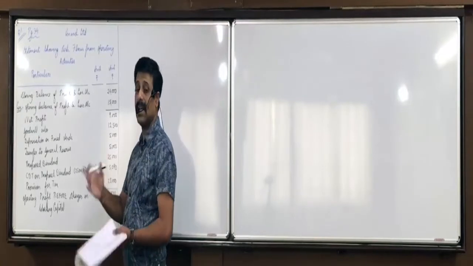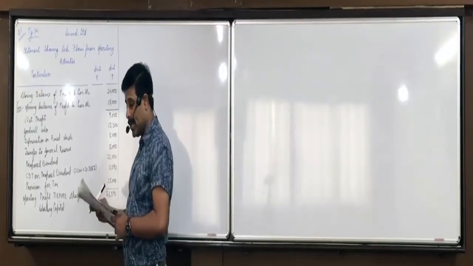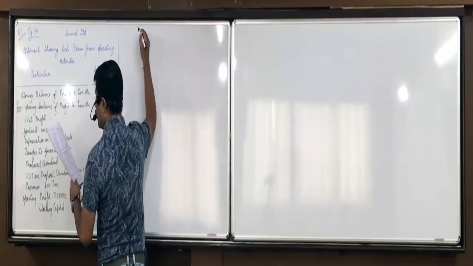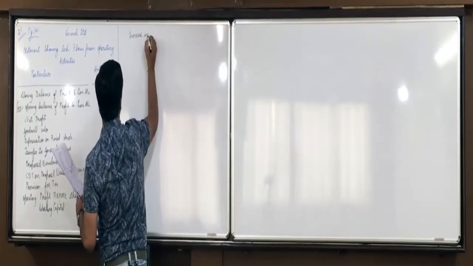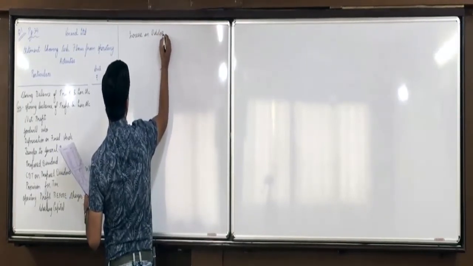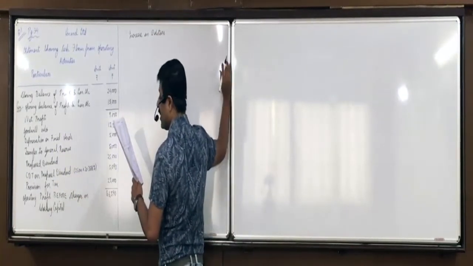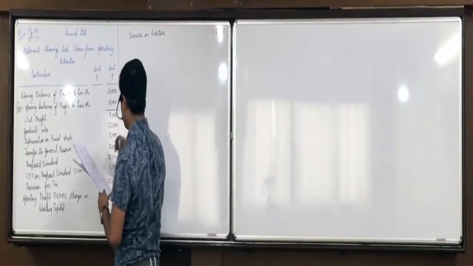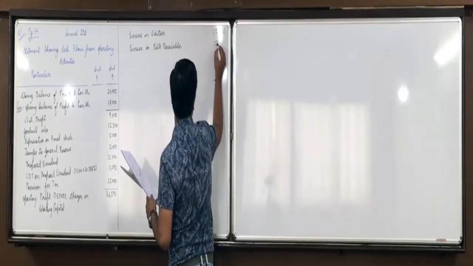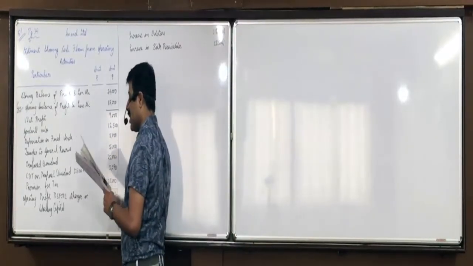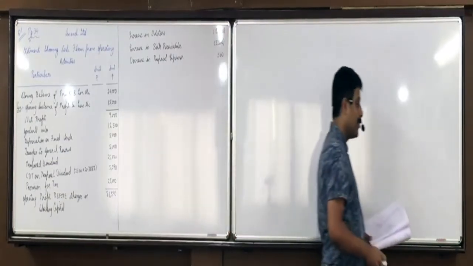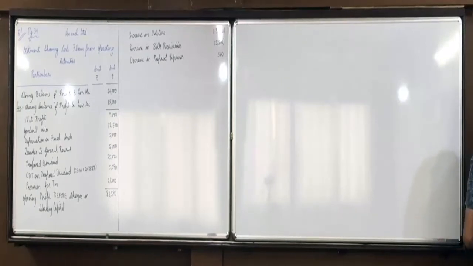Now we will take CA and CL items because now that affects changes in working capital. So whatever items are marked as CA and CL will be considered. Increase in debtors, inverse relation, so we have to minus, write it in bracket 15,000. Then increase in bills receivable also we have to minus 5,500, write it in bracket. Then decrease in prepaid expenses we have to add 500. Are you able to understand this? Minus amounts you write in brackets, positive amounts as they are.